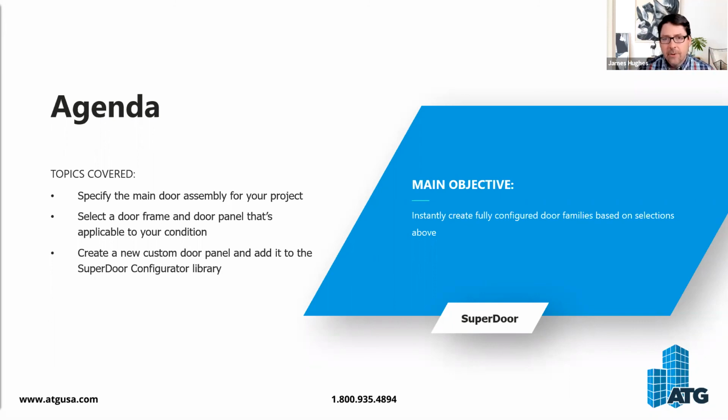And if you've ever authored doors, you're aware that it is best practice to author the door panel itself separately and then bring that into your door family, and to author the frame separately and bring that into your door family as well. And so later in the presentation, we're going to show you how you can create your own custom panel